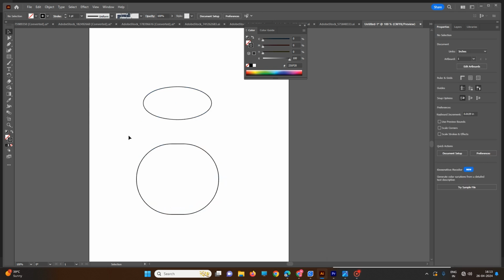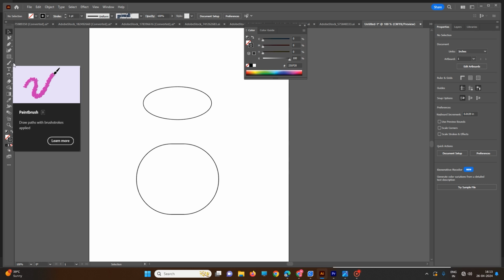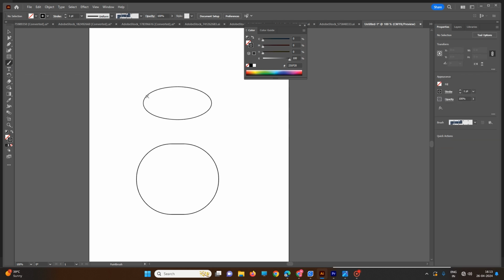Next tool I will explain is the paintbrush. Paintbrush is for painting purposes. Draw paint with brush stroke applied. Okay. Just like that. Or you can, this is the default I have selected. Just go here and change the